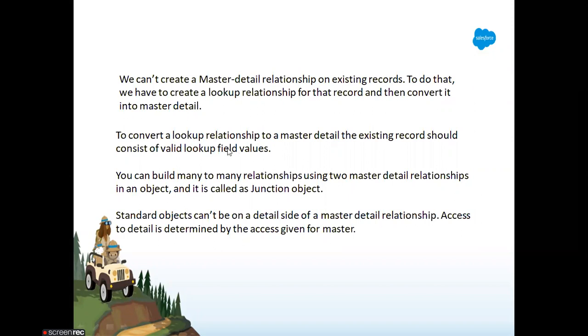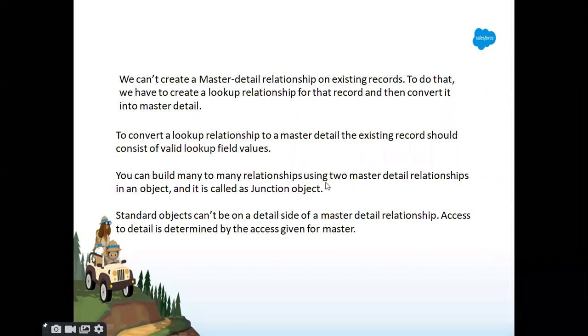In a lookup relationship, you have two objects, and if you want to input your lookup value you can, otherwise there is no restriction. But when you create a master detail relationship, for that particular field you need to input the value, right?